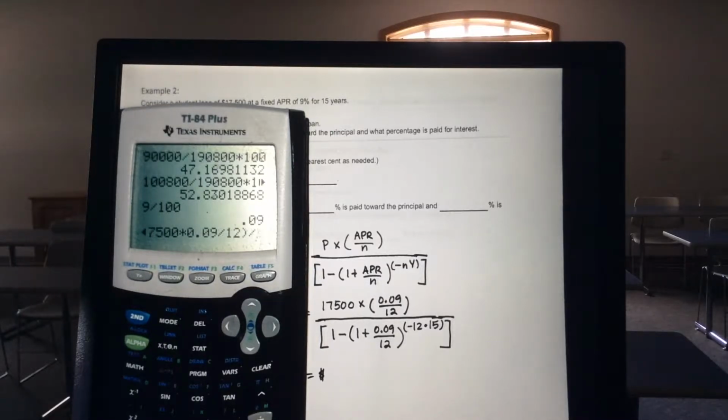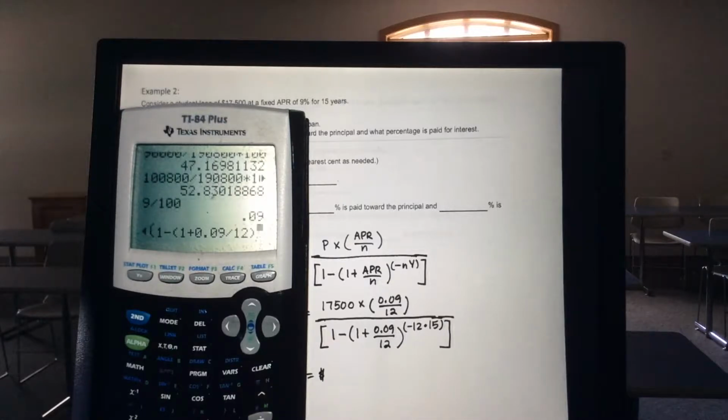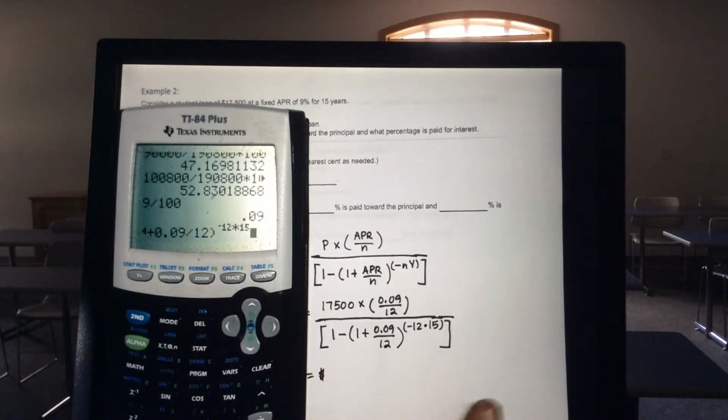And then divided by the denominator, left parentheses, 1 minus, and then left parentheses again, 1 plus 0.09 divided by 12, close the parentheses, and then hit your hat key for your exponent, and then negative 12 times 15. Close parentheses. Oops. You want to use your right arrow key to get out of the exponential part and then